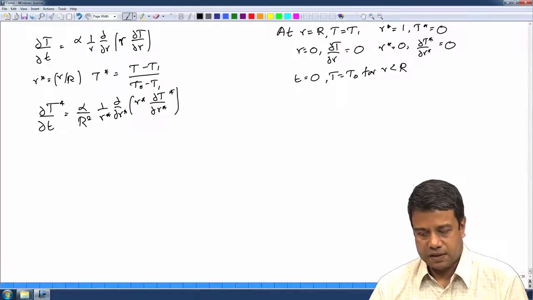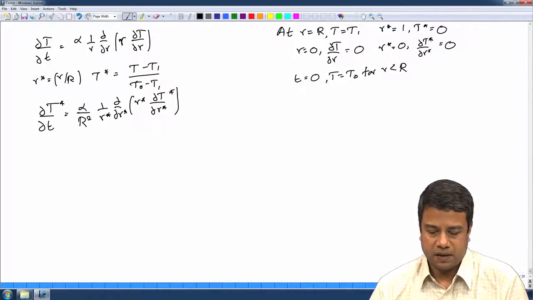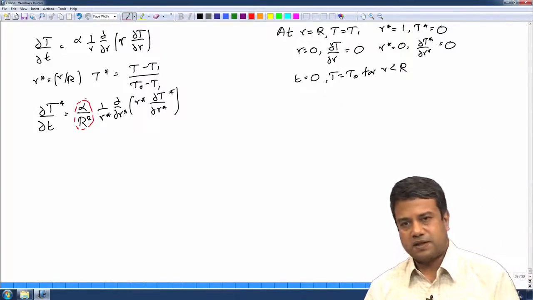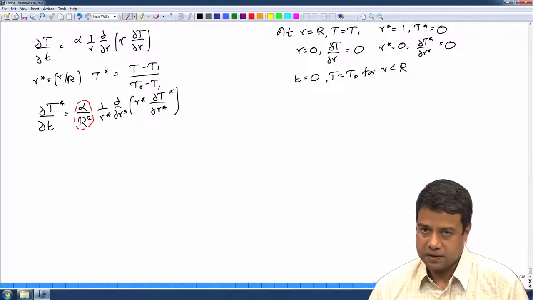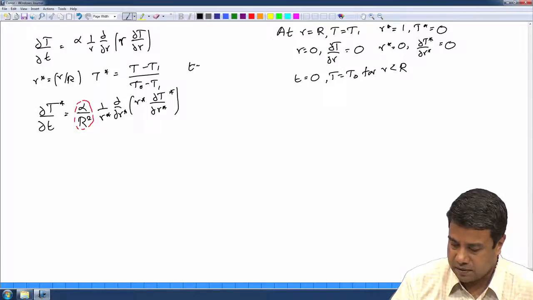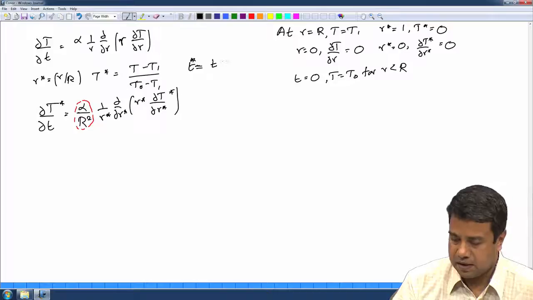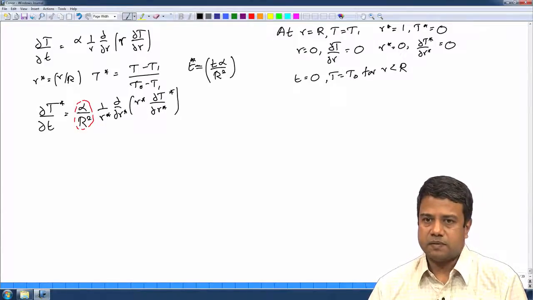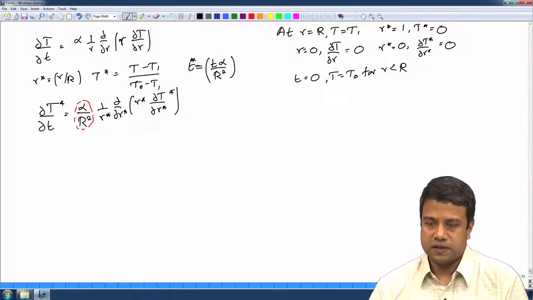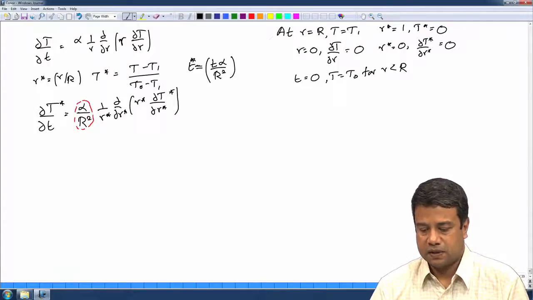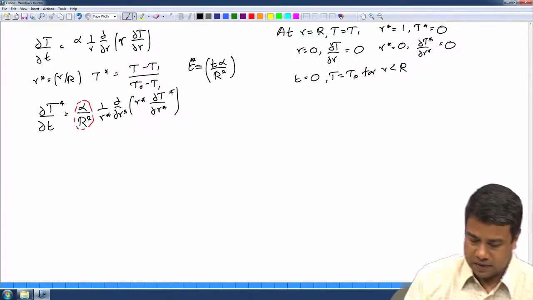We have not yet scaled the time, and this equation makes it clear what the time scaling should be, because if I scale it by this factor, then the equation becomes dimensionless. So, I can define a time scale as t star is equal to t times alpha by R square. Once again, R square by alpha is a diffusion time, the time it takes for energy to diffuse over a distance capital R. So, that is the natural time scale by which to scale this problem. And if I use that natural time scale, I will get